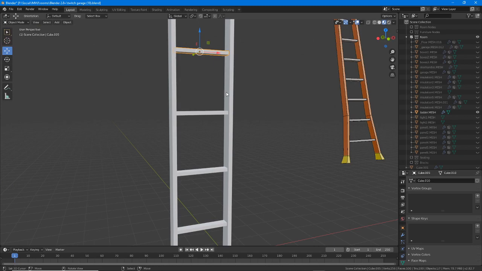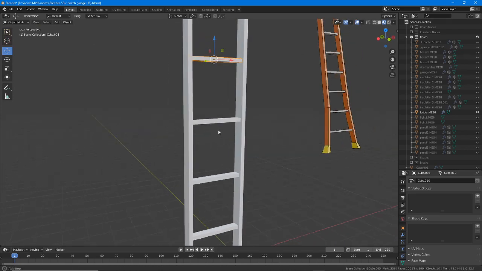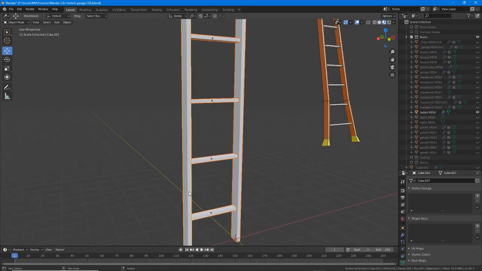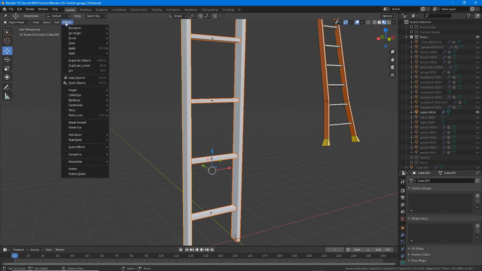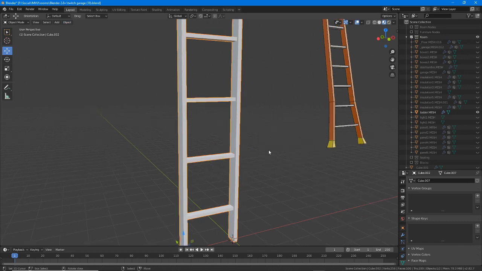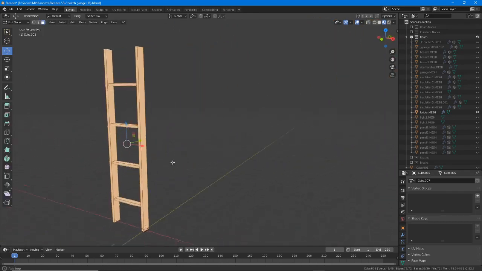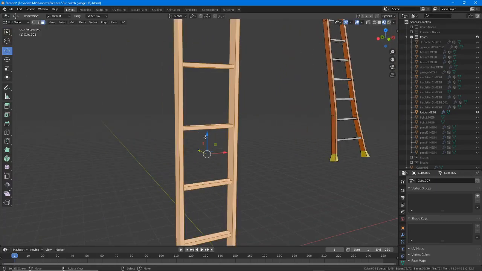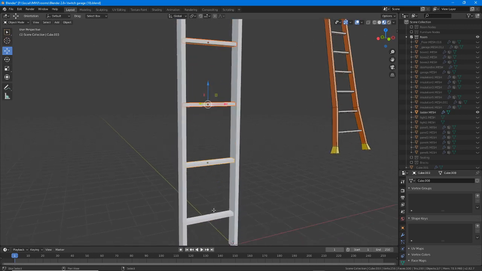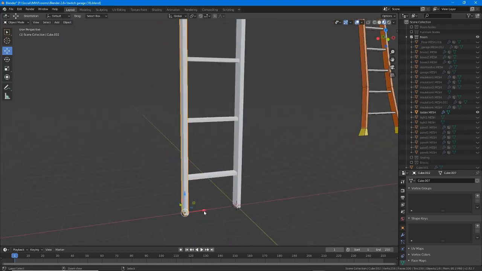Very simple. And obviously for texturing, a rung, yes. And for texturing, what we can do is join all of these together. So select them all. Object, join. So we've now got a single unified mesh. So we can go into edit mode and select everything. And what we might want to do actually before we do that, so exit, undo that, join the rungs up first, object, join, because what we want to do,